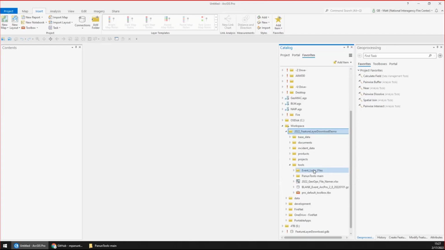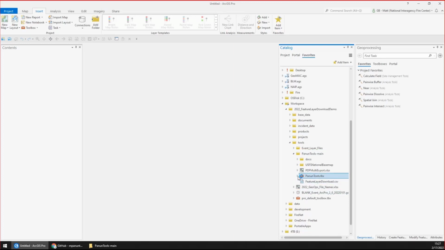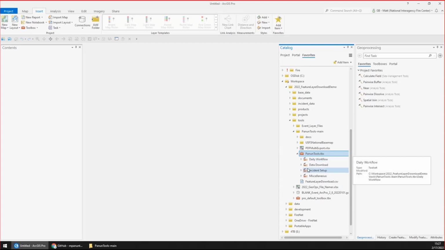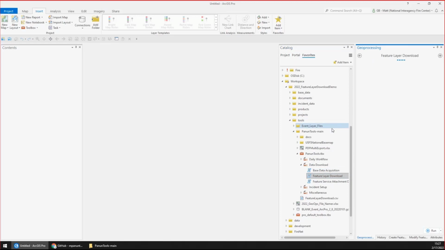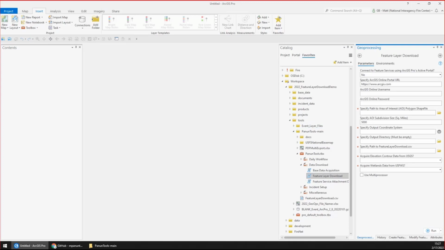We're going to go inside the tools folder, and we're going to see that it's in there. There's a toolbox, PanunTools. These are the tool sets that are contained within this toolbox. Again, we're in the data download tool set today, the feature layer download tool. Again, not to be confused with the base data acquisition tool. So I'm going to open up this tool, and I'm just going to walk through all these parameters and describe what they are and how you should perceive these things.